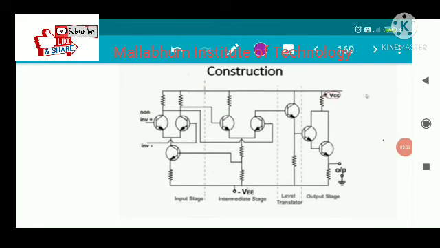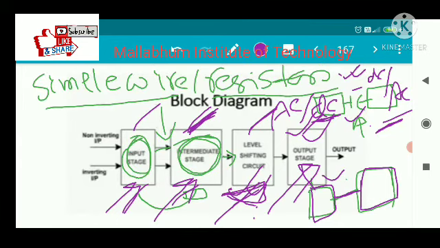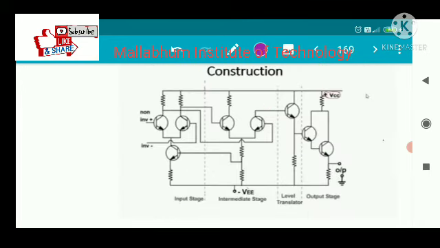In the actual construction you can see the input stage. I have said that both these stages are composed of transistorized circuits. So this is the input stage. In the input stage there is the non-inverting input and the inverting input. These are the two inputs, and there are two outputs that are passed to the second stage. As two outputs are employed, that's why it is called the dual input and balanced output stage.